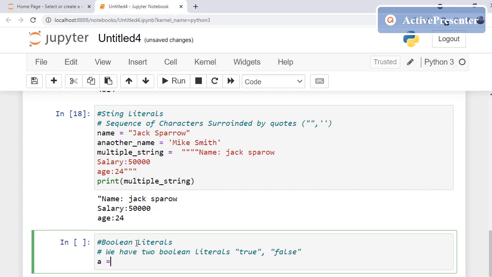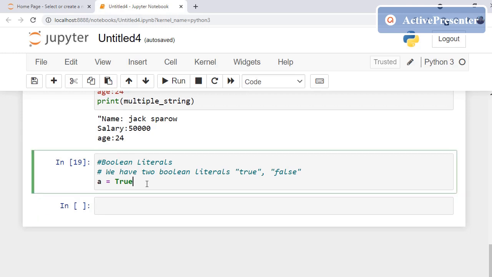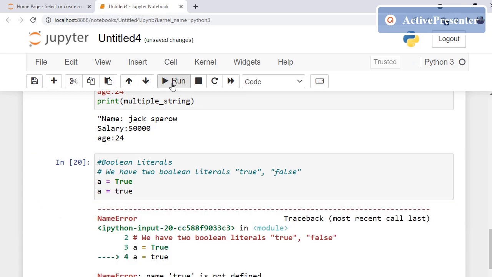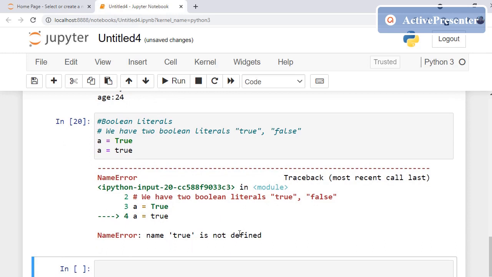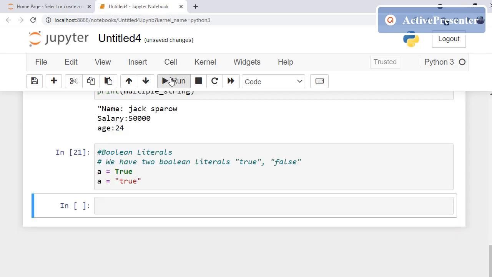So let us write a equals to True, with capital T, and run this. In this case we have assigned true to the variable a. Now if I write a equals to true in lowercase, it says true is not defined, you cannot give it like that. If you want to give true in quotes, it will now be a string, not a literal.